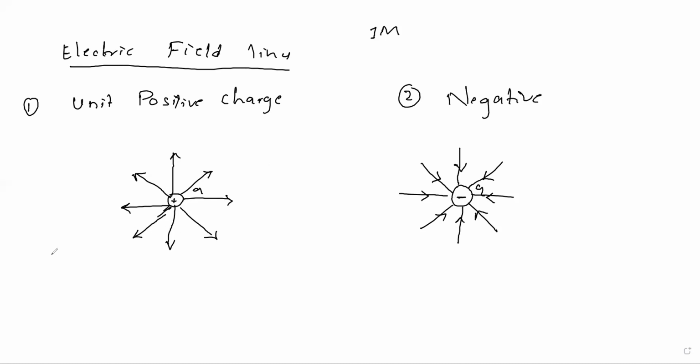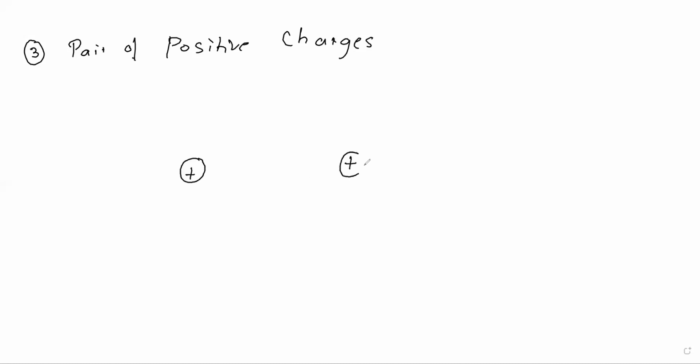Now comes one more representation. Please understand that they may ask the other two diagrams rather than these positive and negative diagrams. So let us consider the third one, that is a pair of positive charges or a pair of negative charges, or say a pair of like charges. We'll consider a pair of positive charges. Pair means you have to consider two, right? One positive charge and one positive charge. You can either take negative, negative or positive, positive, but for our understanding, we'll consider the positive charge. So I took two positive charges.